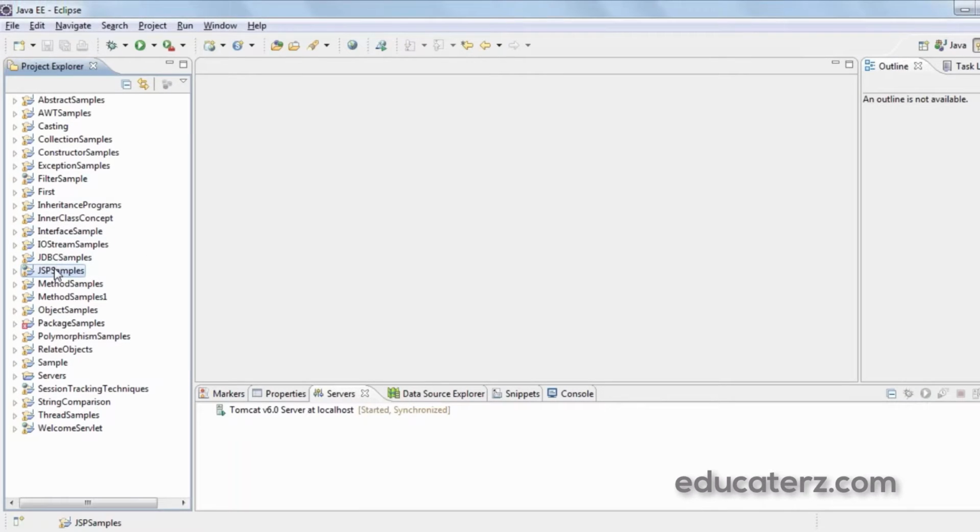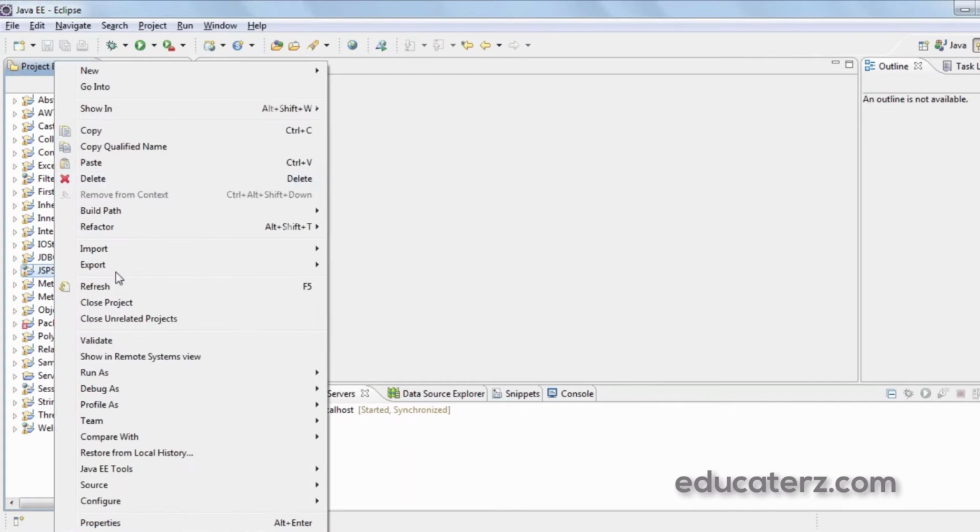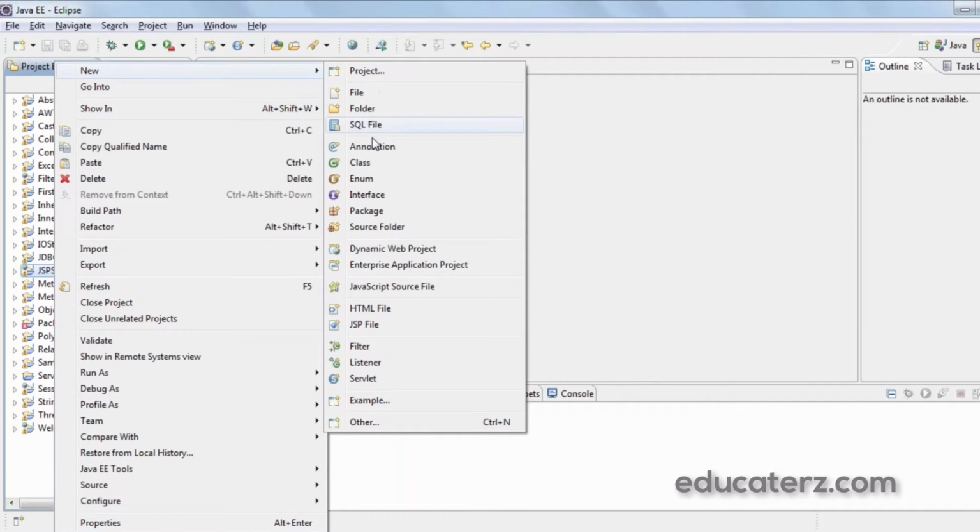In the same JSP samples, I create 3 JSP files called header.jsp, main.jsp and footer.jsp, and I try to add header.jsp and footer.jsp inside main.jsp. So first let me create the header.jsp file.